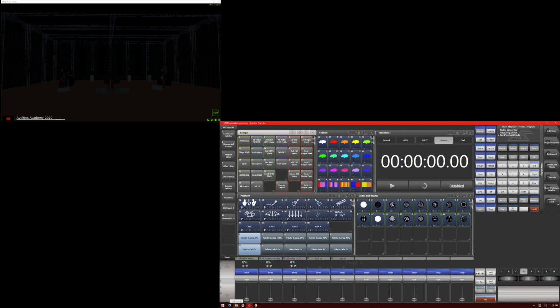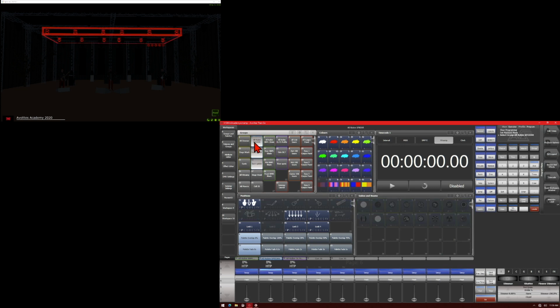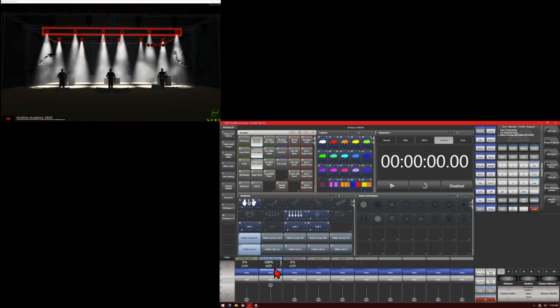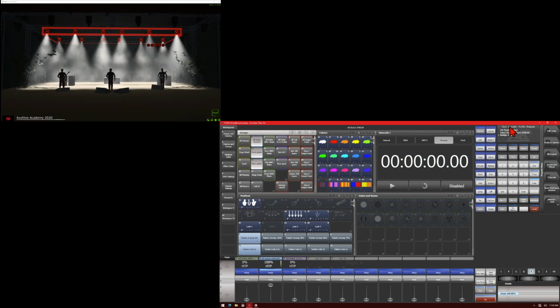We can do the same thing with zoom, so we'll do that with our Spiders. So go ahead and select our Spiders, and we'll bring up our fader for our Spiders so we can see them. And then we'll go to the zoom attribute, and we'll set our zoom to 100%, and then